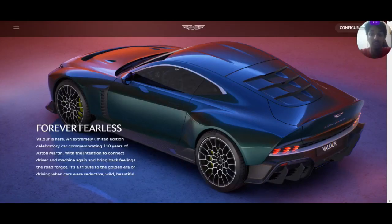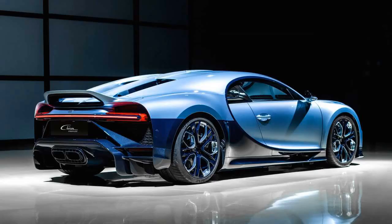And Aston have also given this a rare ducktail instead of a big wing like they've done with the Victor, and it also aids in downforce and aerodynamics, and it actually suits the body lines well and way better than a big wing. This is also exactly the same that Bugatti did with the Chiron Profile, so